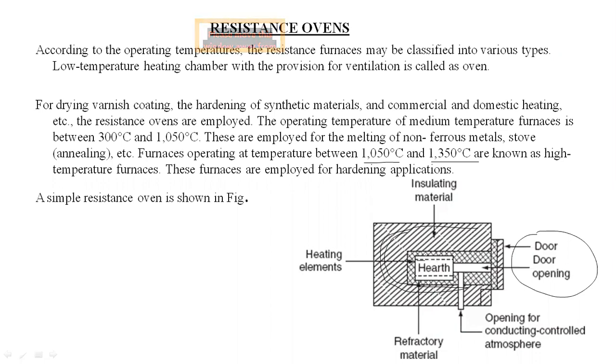The heating elements get heated, and by that heat, the heat is transferred to the substance, and the substance is heated. So this is the process we are seeing in this application. That's why this is nothing but indirect resistance heating. The best example we can give here is the resistance oven. For different applications, based upon your heating, the furnaces are designed.